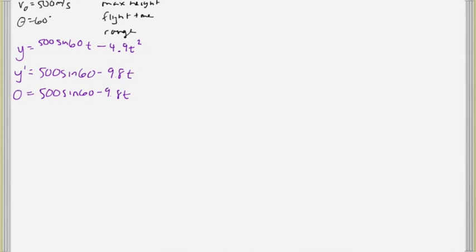Okay, so I solved this out for t, and I got t was equal to 44.185. But that's not the answer to our question. So our question said, what is the maximum height? This is a time, that's not a height. So what do I need to do? Plug it back into the y equation. So I need to take this back to here and plug it in to find out that at that time, our height is